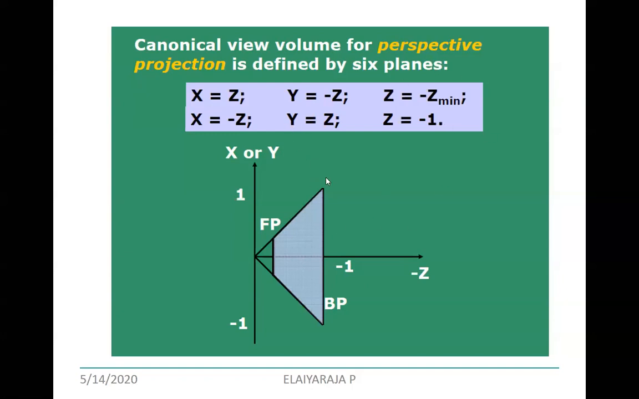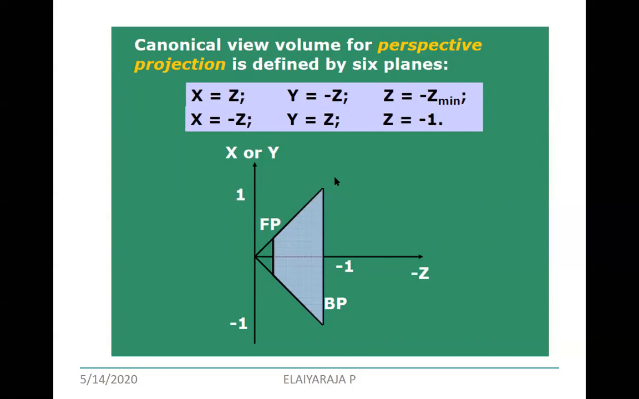So when you are going to view the canonical view volume for your perspective projection, it is defined by 6 planes, one from near as well as another from far, with respect to the X, Y and Z coordinates. Here X is with respect to your perspective projection, and you take the view plane with respect to X and Y, the XY viewing plane,